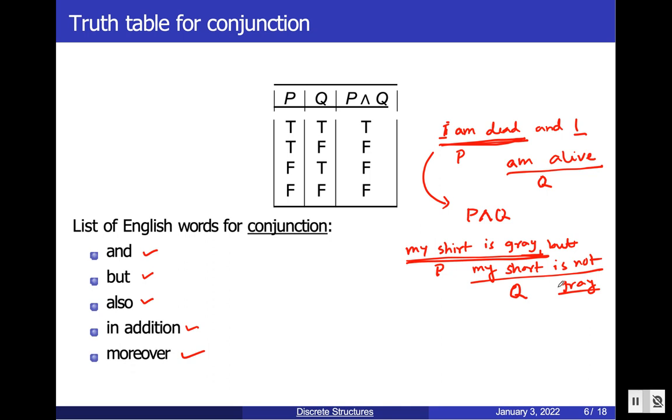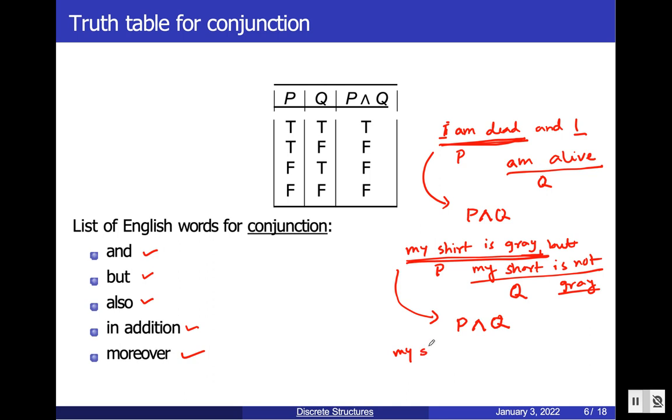It's a compound statement, and it's the same as saying "and". Here I can represent it as P and Q, where P means my shirt is gray and Q means my short is not gray. In English, we can also sometimes read it using "also". Say, for example,